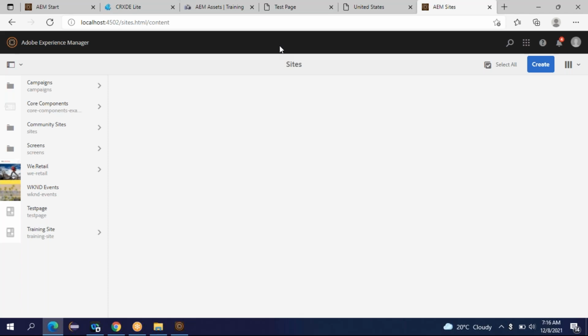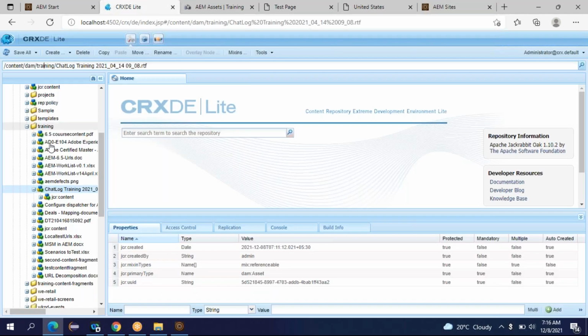If I create a page using site admin, and I create another page within sites.html, is there any difference? It is the same, right? Same, yeah. Same page. It will be stored in the content folder ultimately.